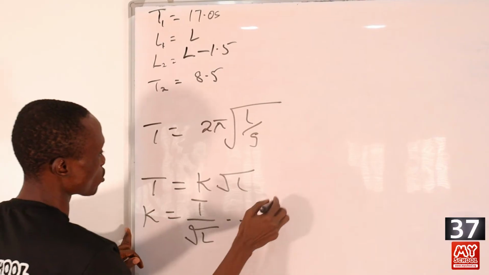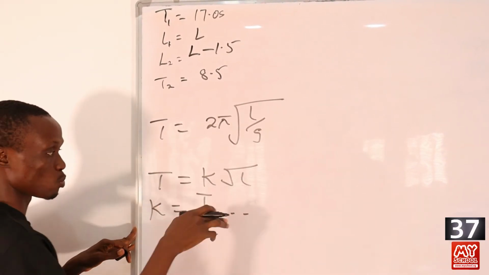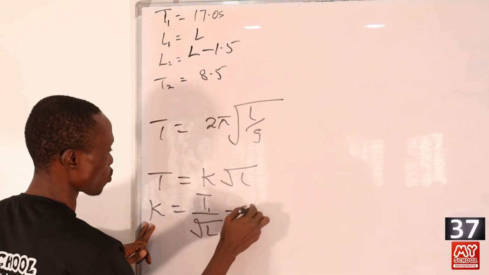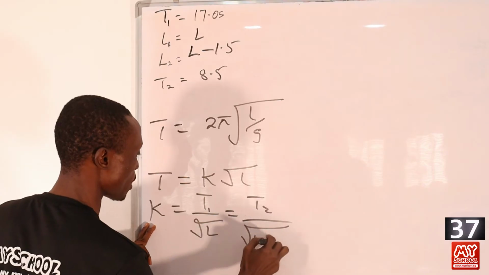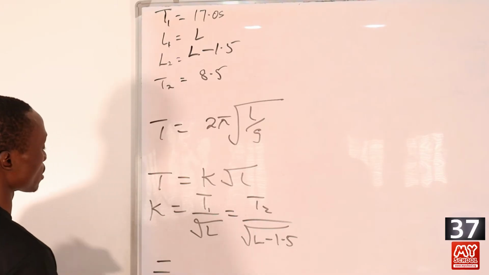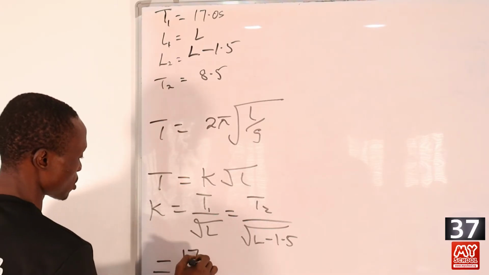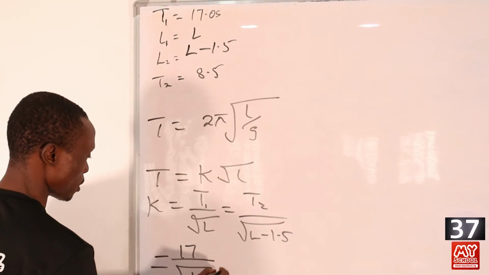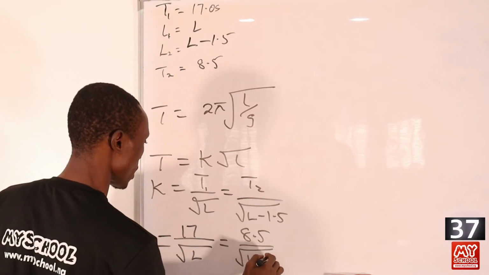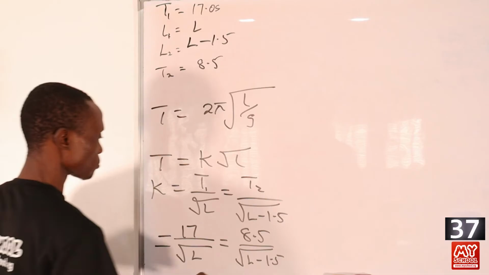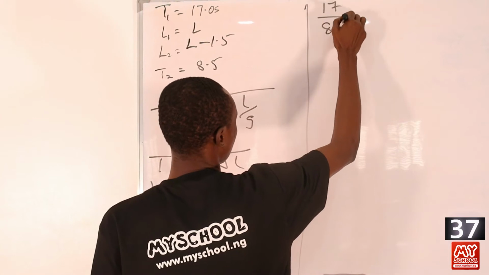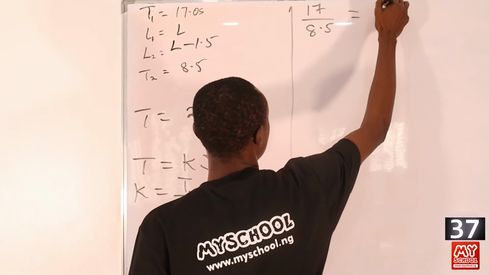If we call this equation 1, then we perform the same for the other one, which we call equation 2. We now equate the two k's, so that we'll have T1 over root L equal to T2 over root L minus 1.5. Let's input the parameters that are given to us. There we'll have 7 over root L is equal to 8.5 over root L minus 1.5. We can rewrite this as 7 divided by 8.5 equal to root L